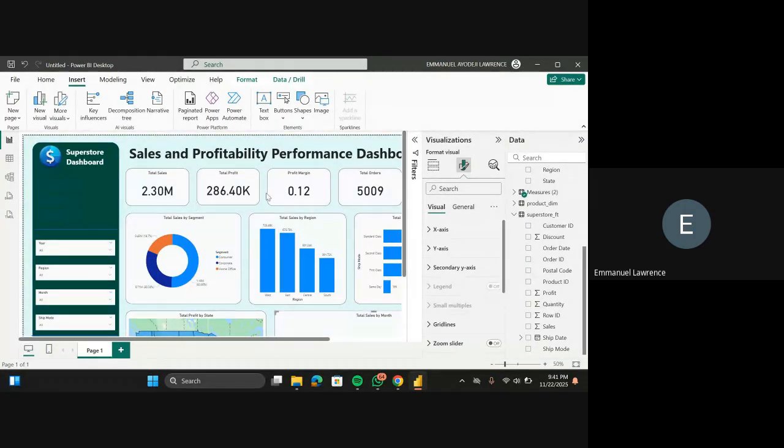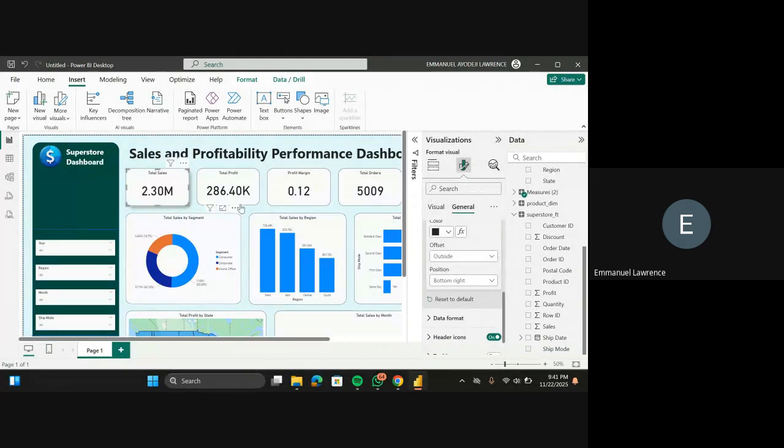So what remains now is just to add an effect to this, to add the shadow effect, to push out all of those slicers and to make everything really beautiful. Just come to shadow. Can you also see the effect that is given to it now? You just add a very nice shadow effect. Can you also see bottom right? So I can do the same thing here. But because of our time, let's just ignore that for now. So you can do that on your own. Just add a shadow effect to all of these visuals here. Can you see the way it's pushing out these KPIs, making them look really, really nice? So just push them out.